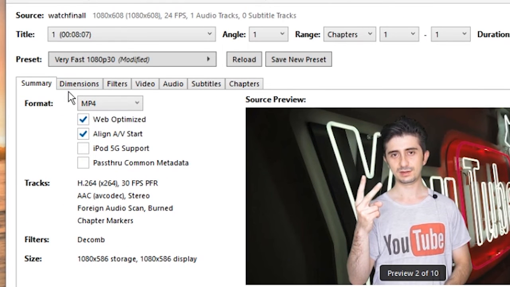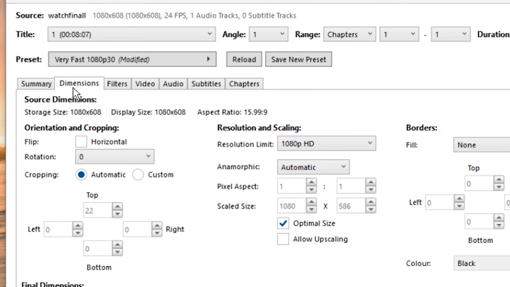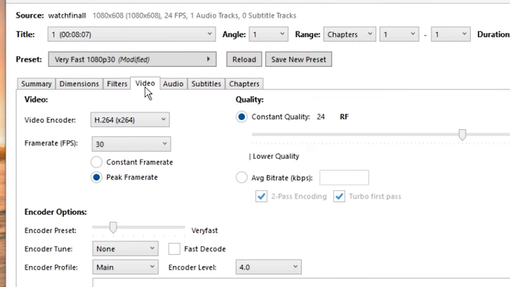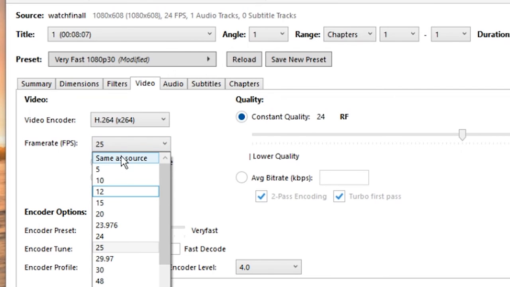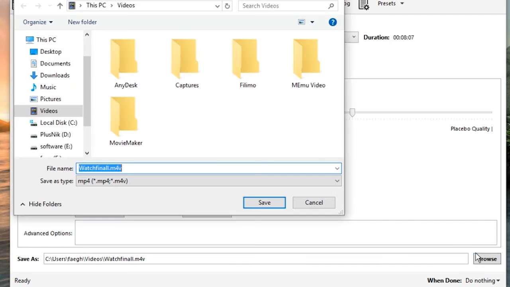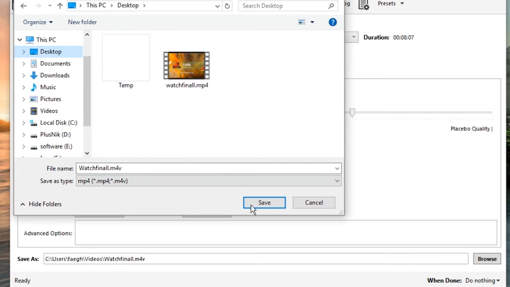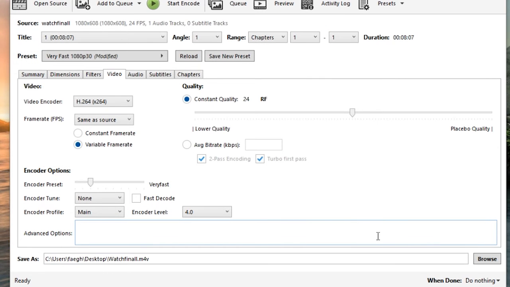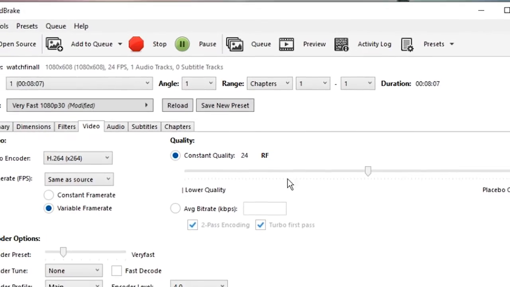Okay, and after that go to dimensions and check dimensions here to be correct, and after that go to video tab and make frame rate 25 or same as source, and after that choose your output source, for example desktop, and click on save. Then click on start encode, and the video will be